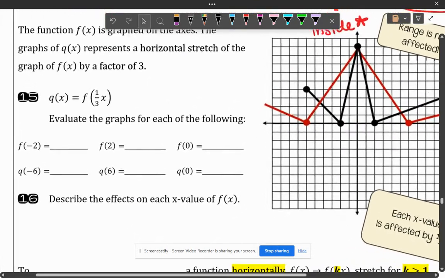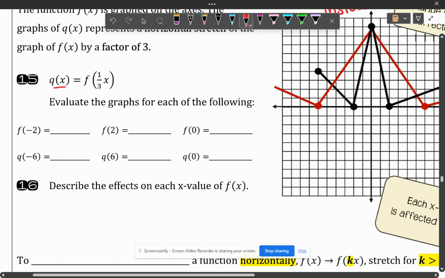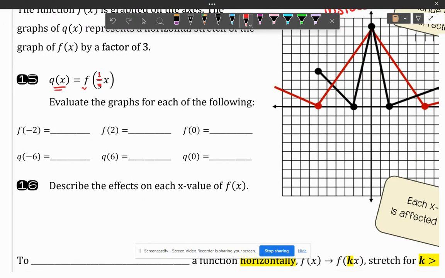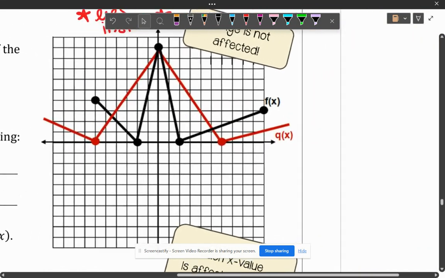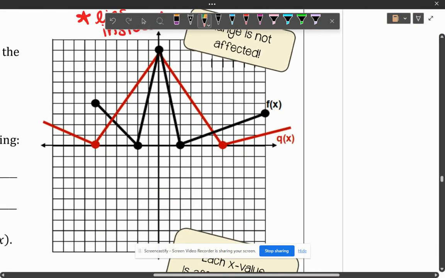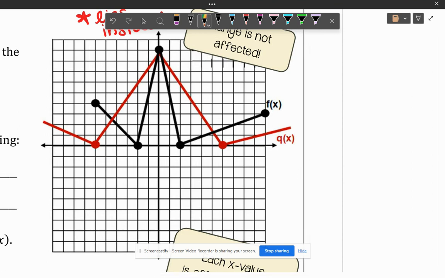So let's take a look at an example, right? So I've got this function q of x is f of 1/3 times x. It's inside our parentheses, and we need to evaluate some of these values so we can see what's going on here. All right, so you'll notice f of -2